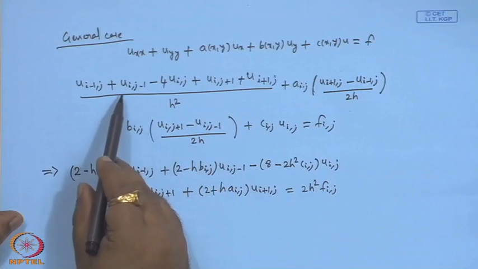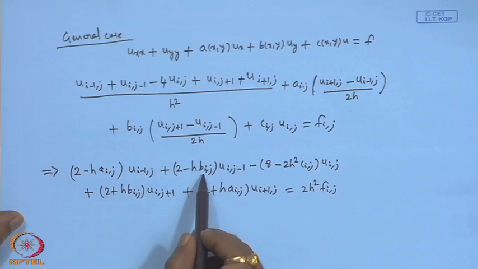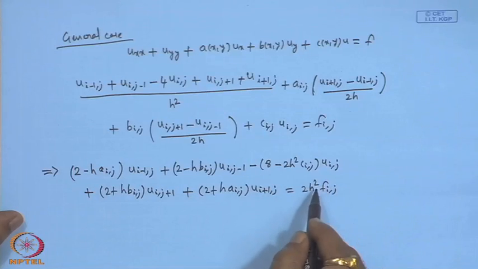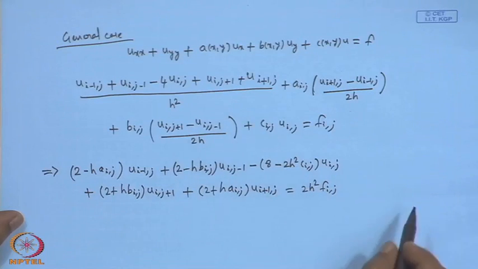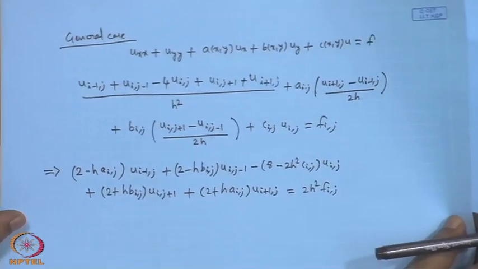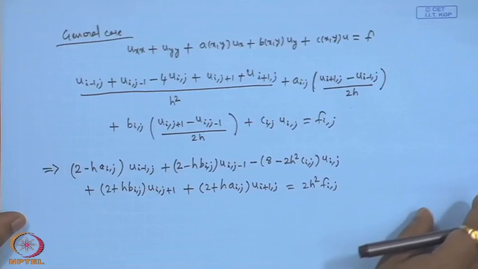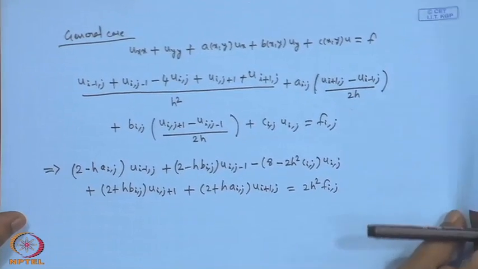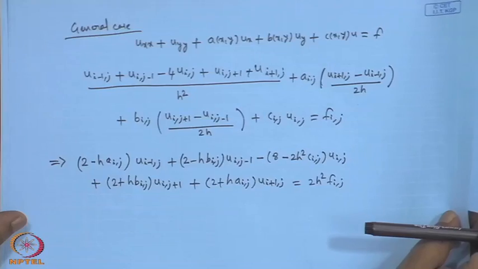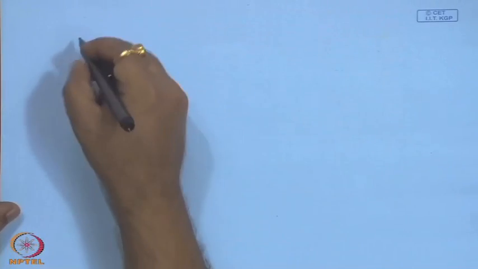So, similarly 1 2 from here and then from here minus h b I j. So, similarly for remaining terms. Okay. So, now based on this, if we consider the corresponding iterative scheme,